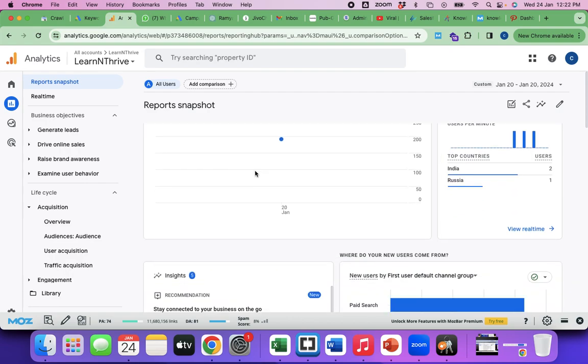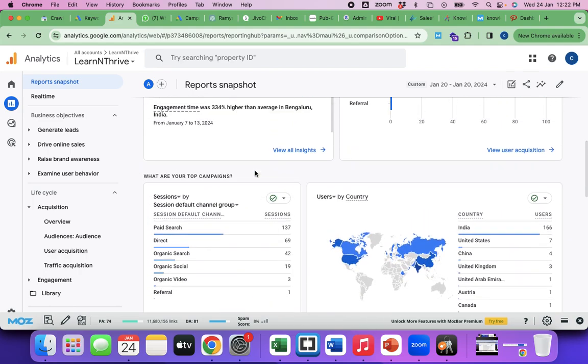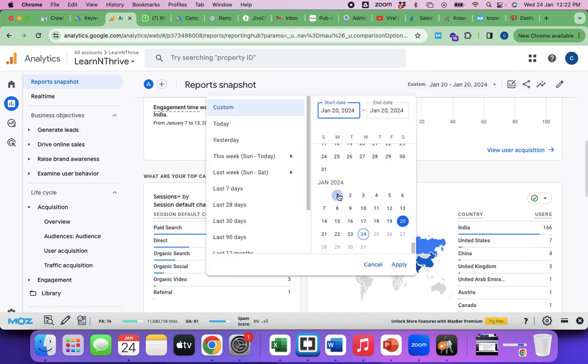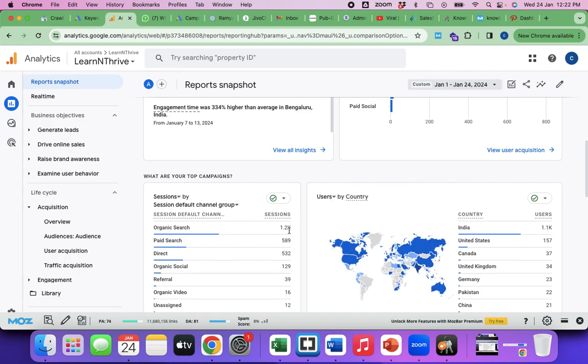We are going to discuss all this in detail today, just because we got that weekly report. I'll just show you from where you will get the data. See, paid search, you have 137 visits for this time period. Let me take January 1 to 24th. Organic search 1200 visitors, paid search 600 visitors, and direct, this could probably be from WhatsApp, because the data is